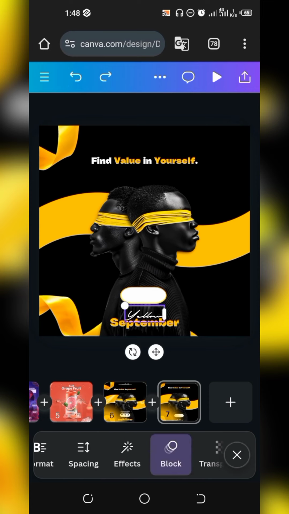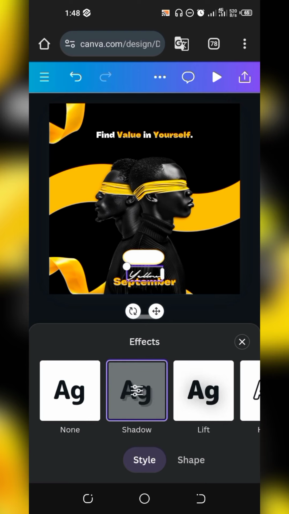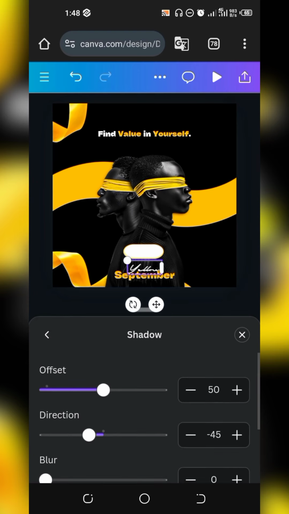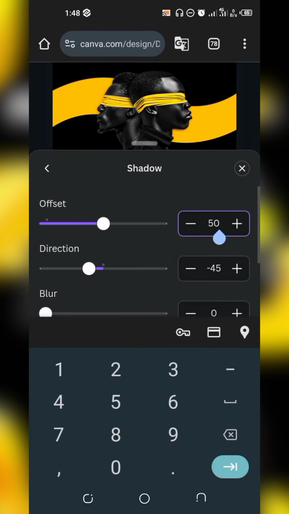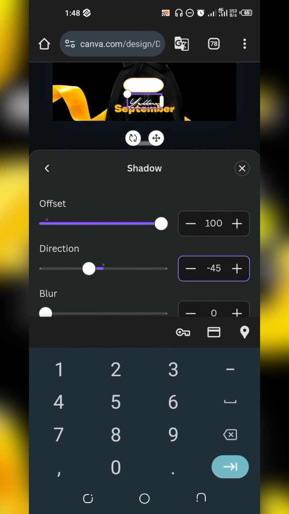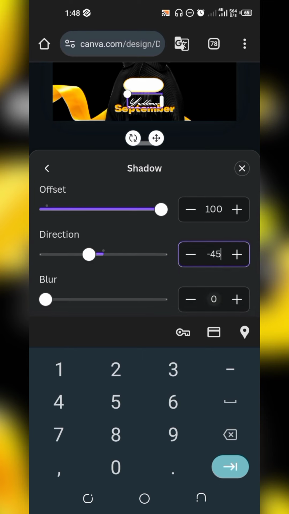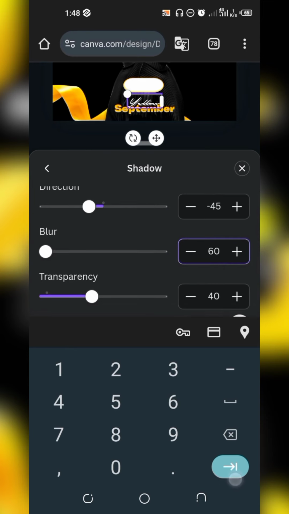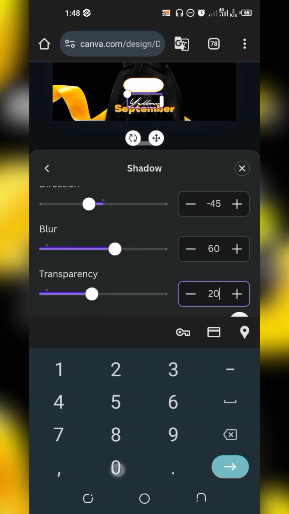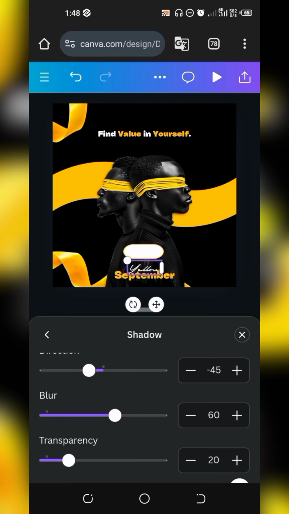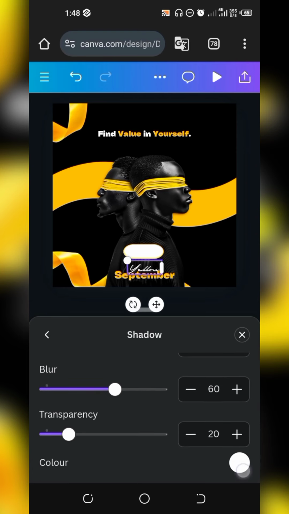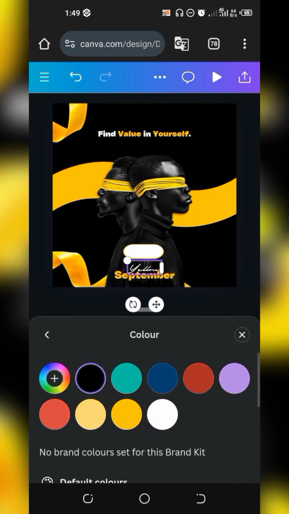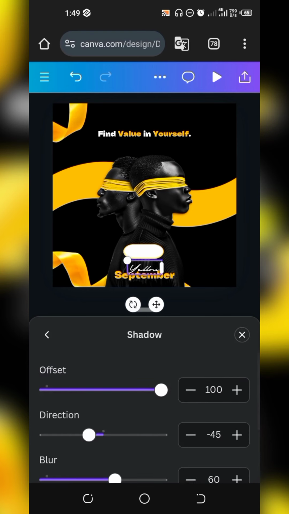Also, before we add it to the background, there was an effect on it, and it was a shadow. So that it hovers over where it actually is now, so that the shadow pops it out of the background and the guy. Okay, so the shadow offset was actually 100. The direction was -45. The blur was 60, and the transparency was 20. It has to be high since we are working with a very dark background. And then you change the color here to black. Exactly, that's just about that.